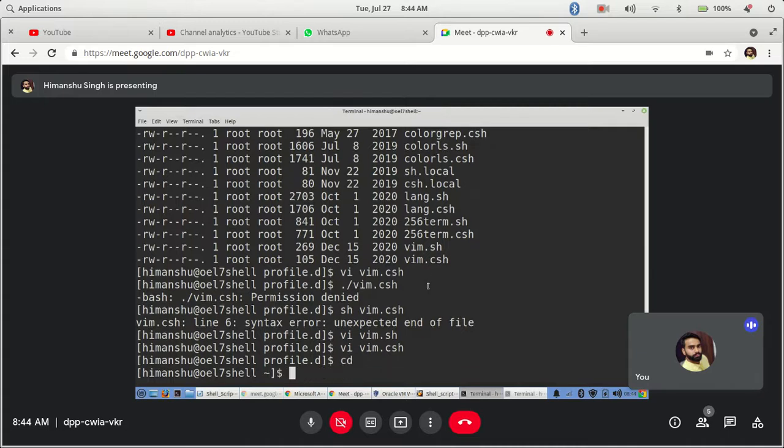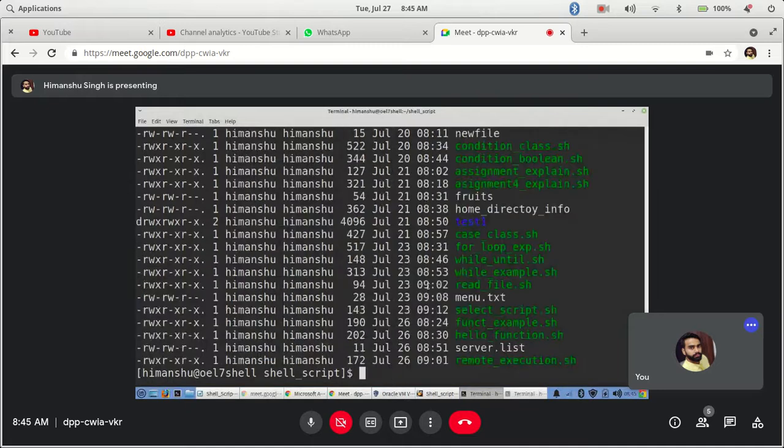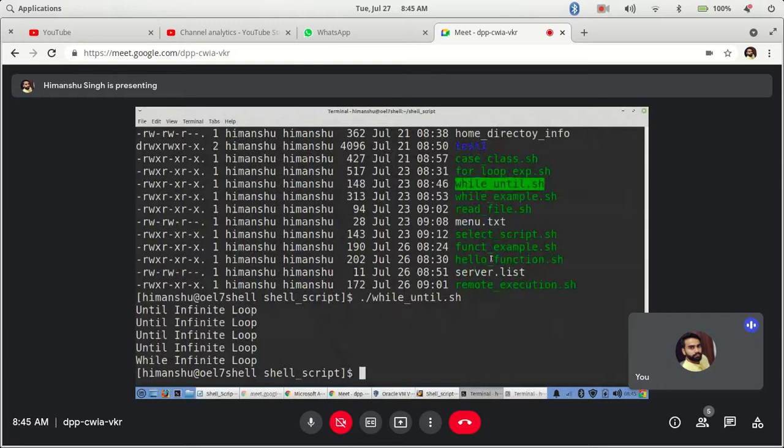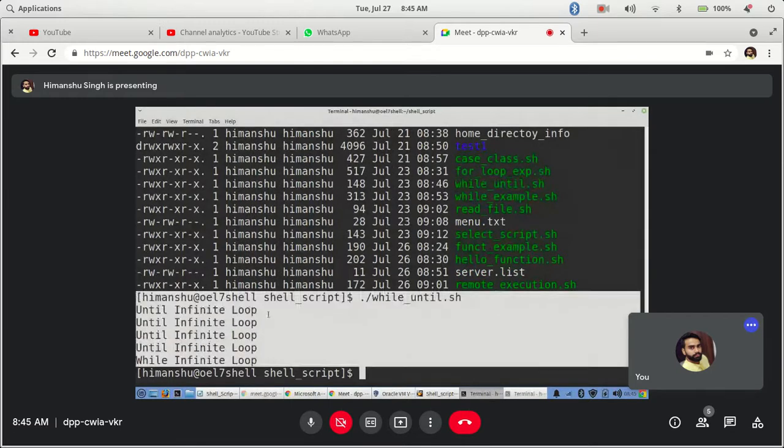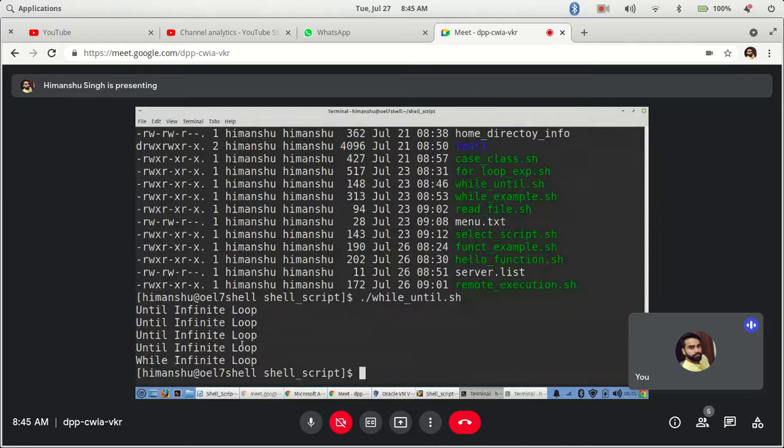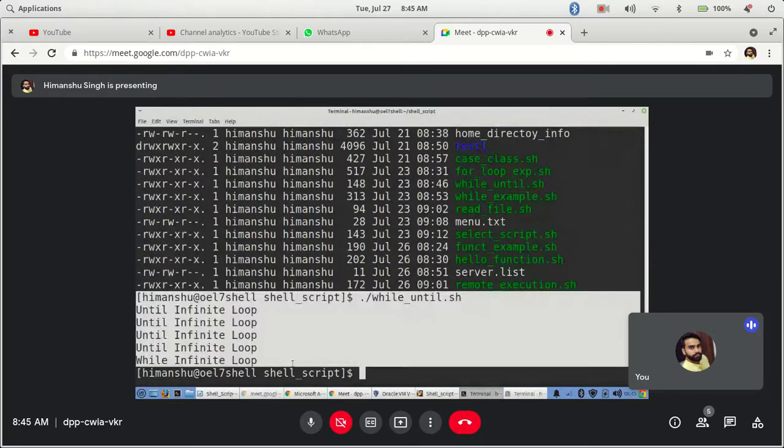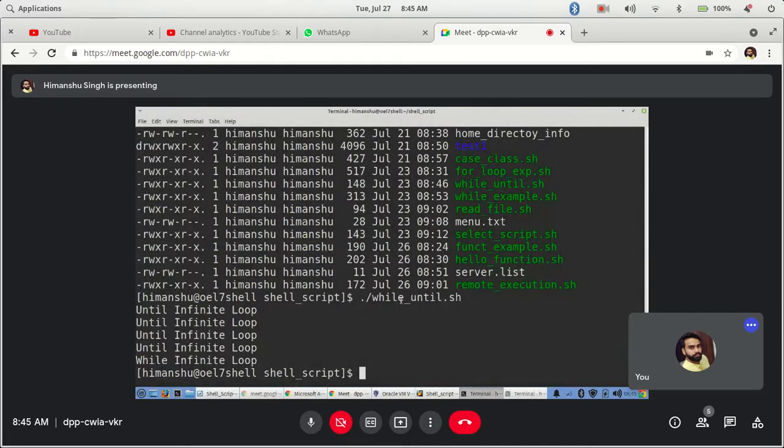Let's say I have a shell script that runs automatically. This is a script that will run and do some tasks. It is executing that particular task, but I don't want to run it manually. I want to run it using a scheduler, so that every day it should run at 8 a.m.